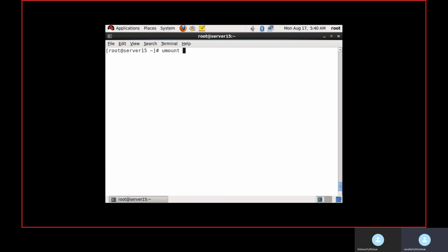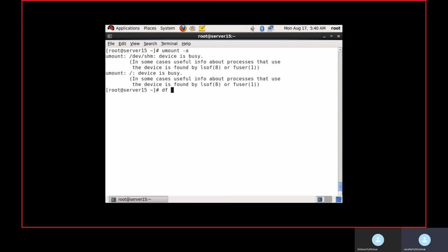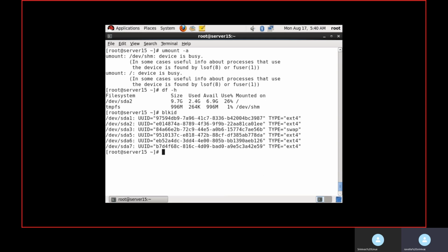Now, from an interview point of view, they will ask another question. All the file systems are in an unmounted state. Now I want to know how many partitions are created and which file systems they are formatted with. You can use the command blkid. blkid is a command to display all the partitions, which are mounted or unmounted,